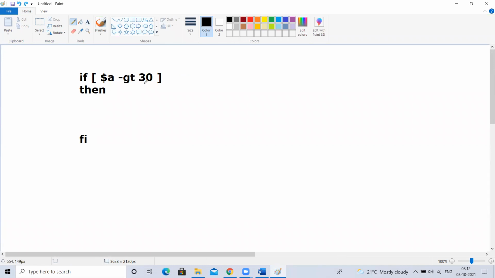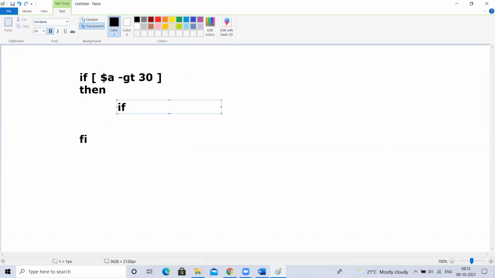But if A is greater than 30, then I want to check one more condition. What I'll write is if $A greater than 90. So like this, I want to write.